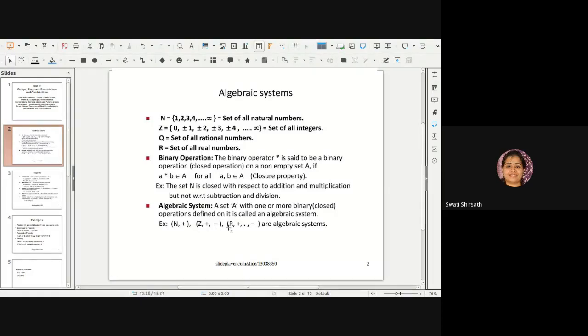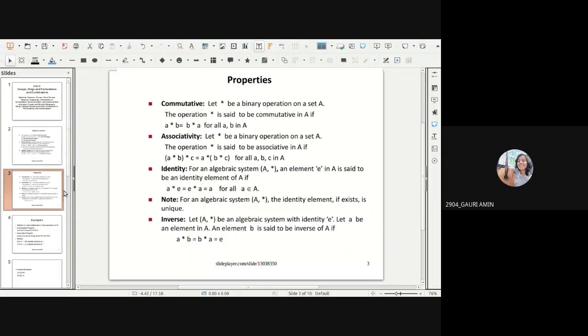And that operation can be more than one operation. So for an employee or for a set of students, we can have n number of operations. Students do study, students take part in different activities, they do internships, they work on projects. There are n number of tasks. So you can just separate them by commas. Is there any doubt what is algebraic system? Okay, I'll assume you don't have any doubt.